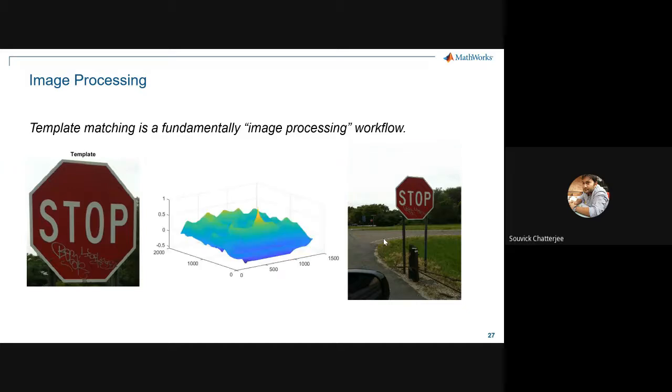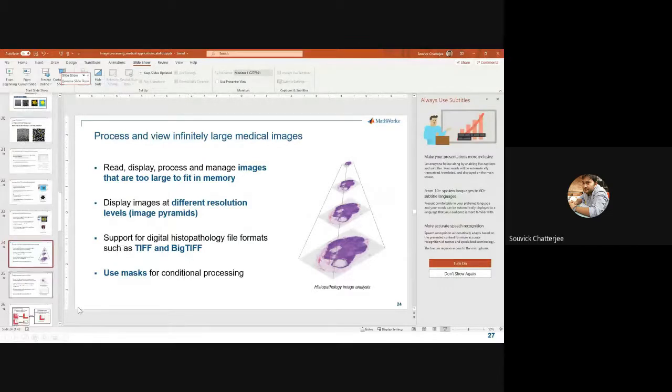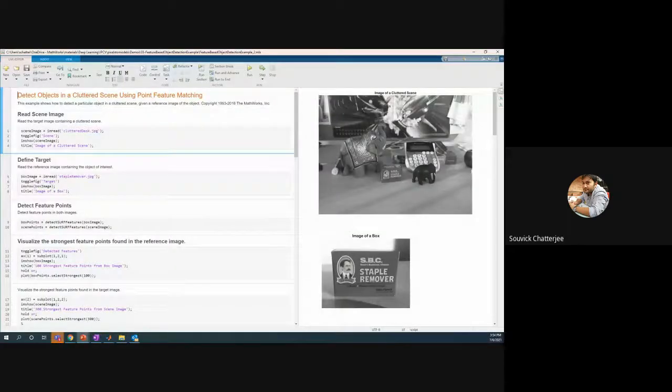So for example, you can calculate this type of histograms in MATLAB pretty easily, as has been shown in that link. If you have this type of objects and you want to do object detection, that is also pretty straightforward in MATLAB. There are multiple different types of examples that we already have. I'll just run through one of them.